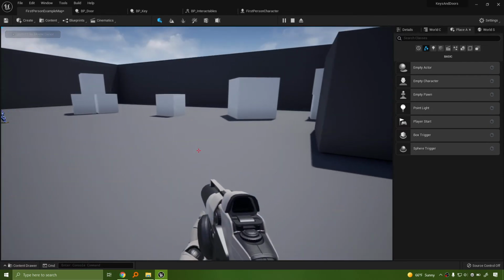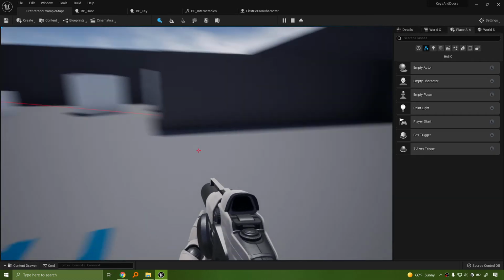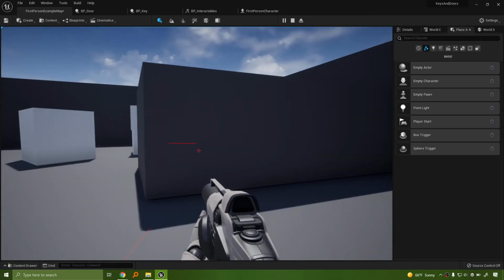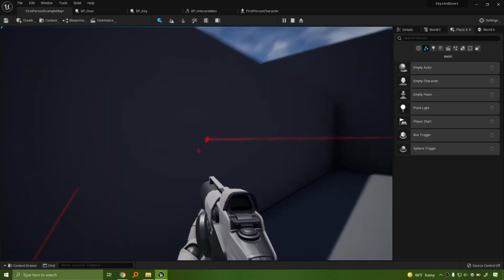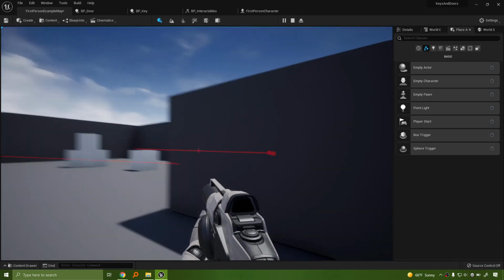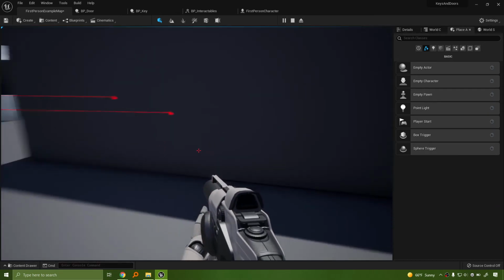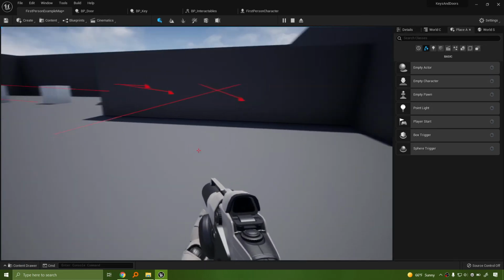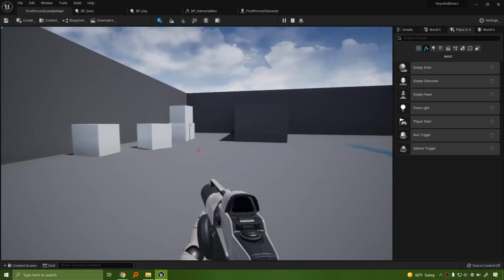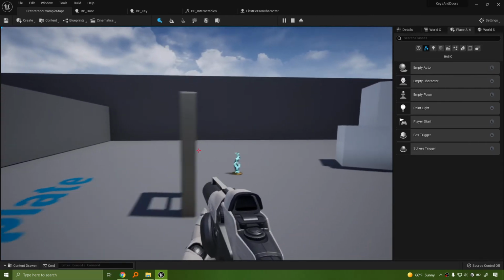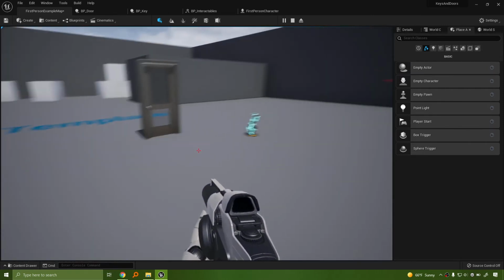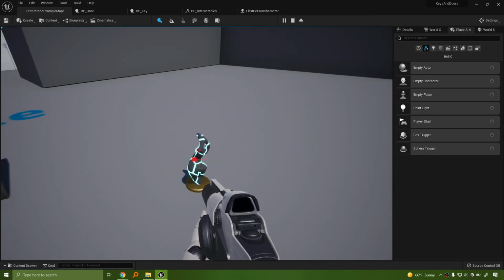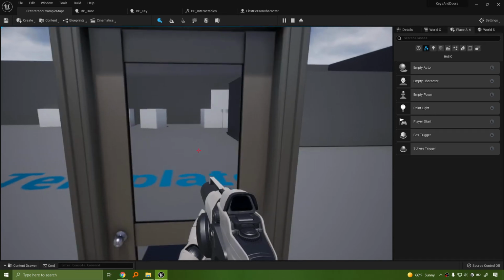That works. I'm going to press E. So that's what we're seeing right here. We're seeing our line trace. As you can see, we have no successful hit. Okay, we have a successful hit, and we see that general distance from what it's hitting from. Cool. So we see that we can fire off these rays, and that's what it's checking for. Okay. So now we set this up. If I hit this properly, there we go. I've got a hit key event that comes up, and if I hit the door,